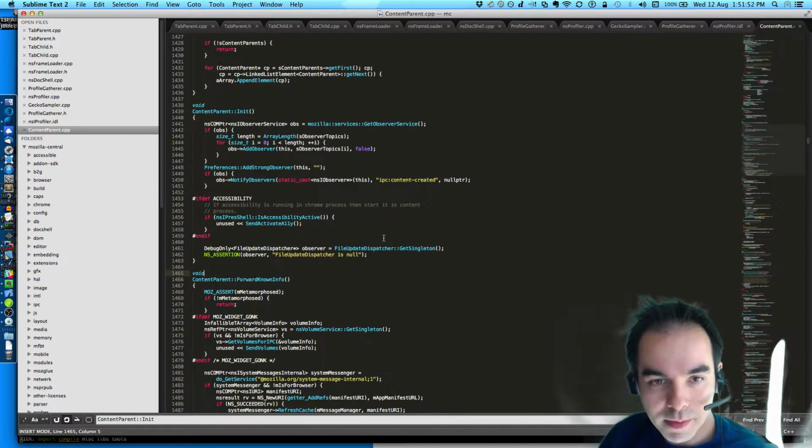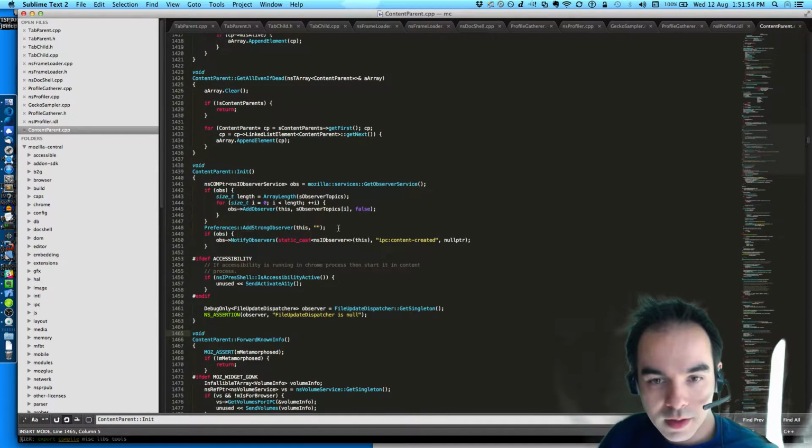Here, maybe we can do some kind of check to see whether or not IPC content created. That's interesting. A notification goes around anytime a content parent is created. Maybe that'd be a better way of doing it.